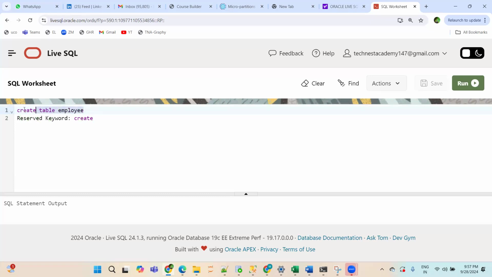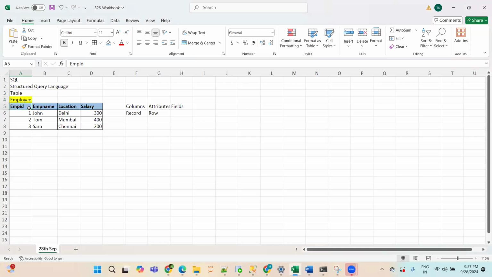So from this statement, line number one, my SQL engine will understand, oh, Tanveer wants to create a table with the name employee. But then after that, you have to mention the columns. Like I want employee ID, employee name, location, and salary. This is very similar to searching for a house, where you have to tell whether you want a 2 BHK house, a 3 BHK house, a studio, or a penthouse.